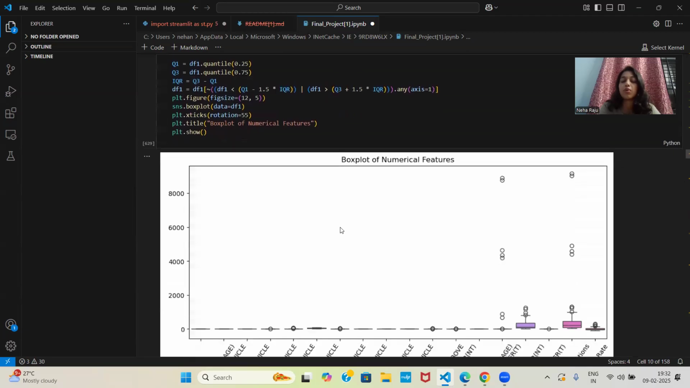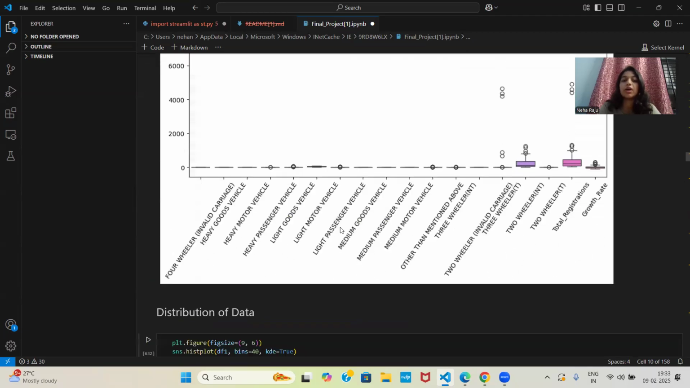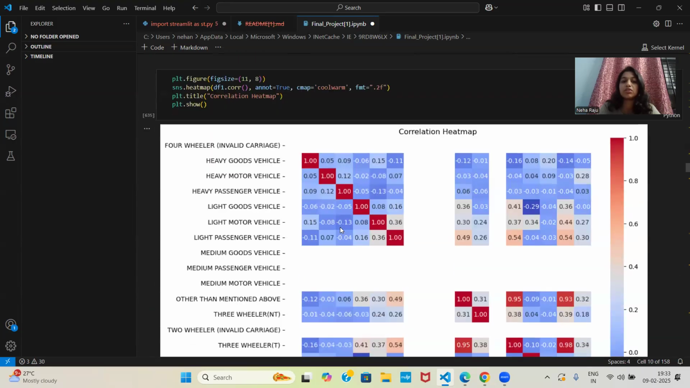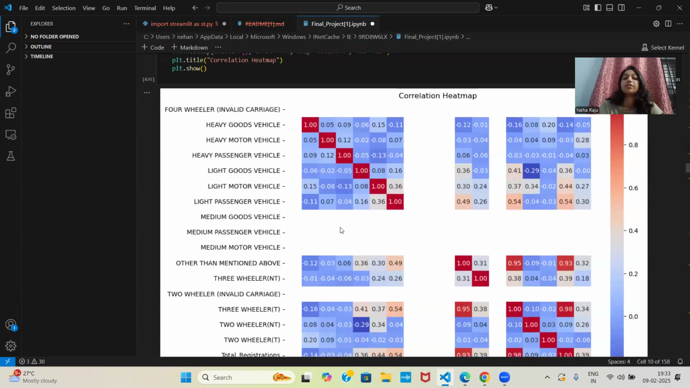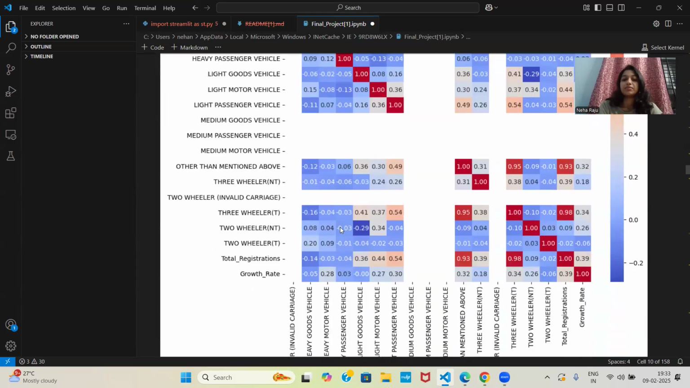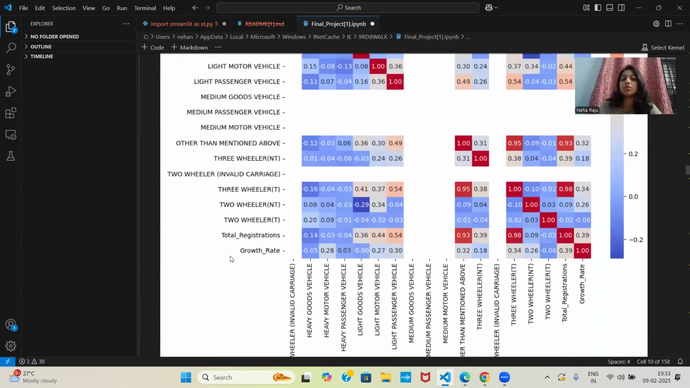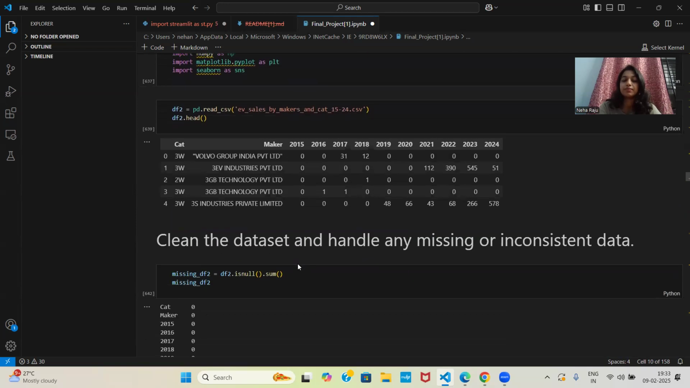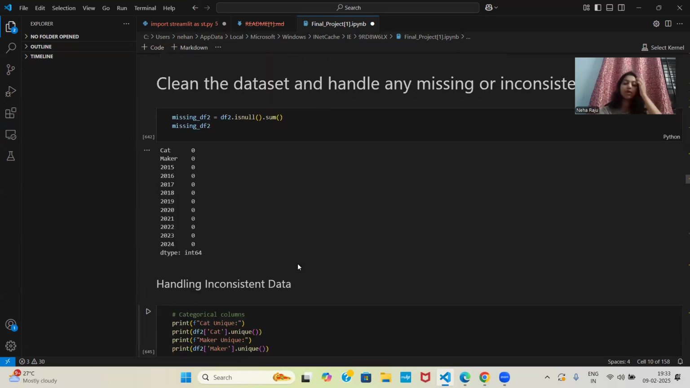We also use the box plot and also a heat map correlation for different data sets. Here we can get to know about the total registration and the growth rate. Moving on,